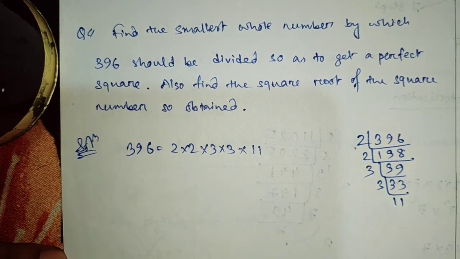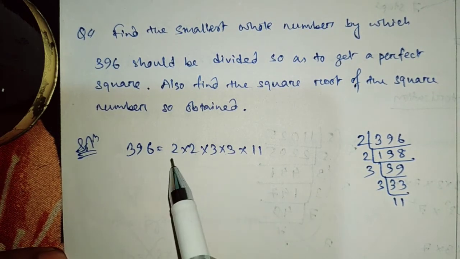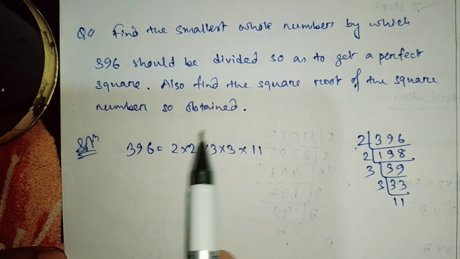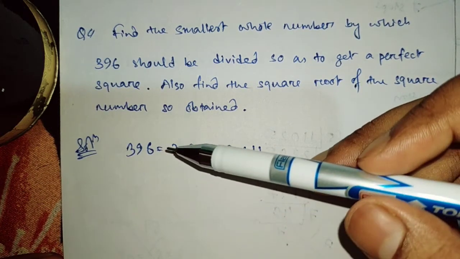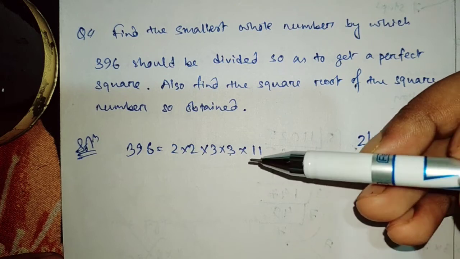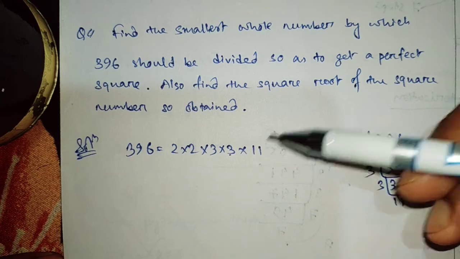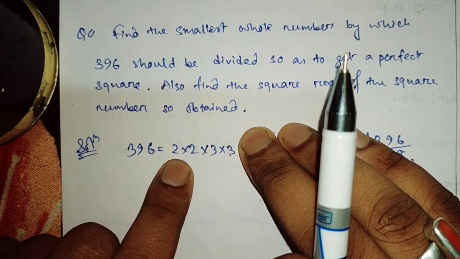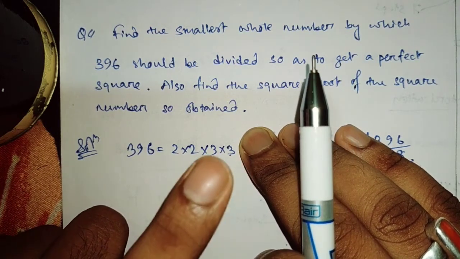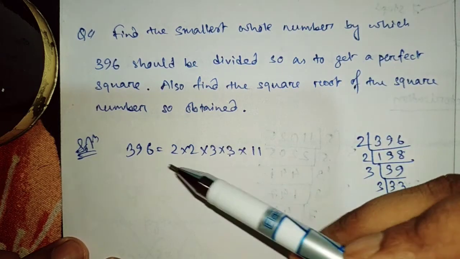Now clearly in our earlier case, what we have done, we have made pairs of the numbers. We have ensured that there are pairs, the 2 into 2, 3 into 3, and in this case also we will ensure that we have pairs of numbers, but this time we have to divide. That means we have to remove this 11. If we remove this 11, we can see that we have pairs of numbers, 2 into 2 and 3 into 3. That means we have to divide this number by 11.